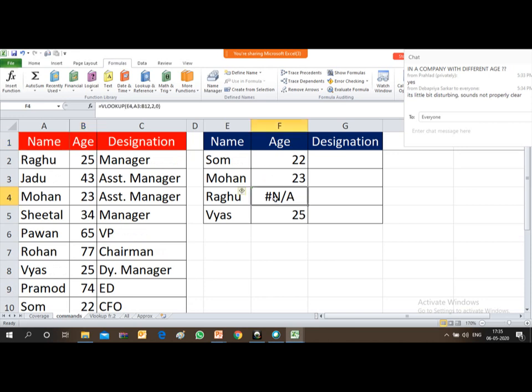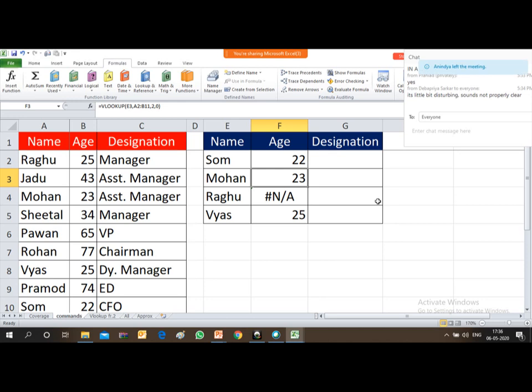But in case of Raghu, the selection area is A3 to B12. It means that while copying the formula, the selection area has also shifted downward.